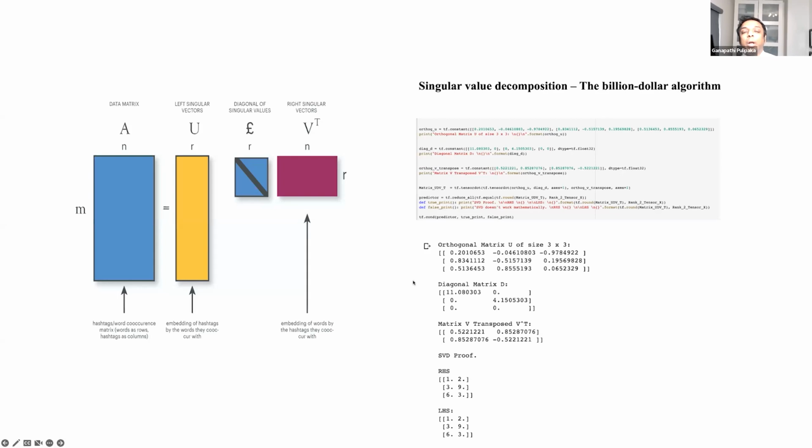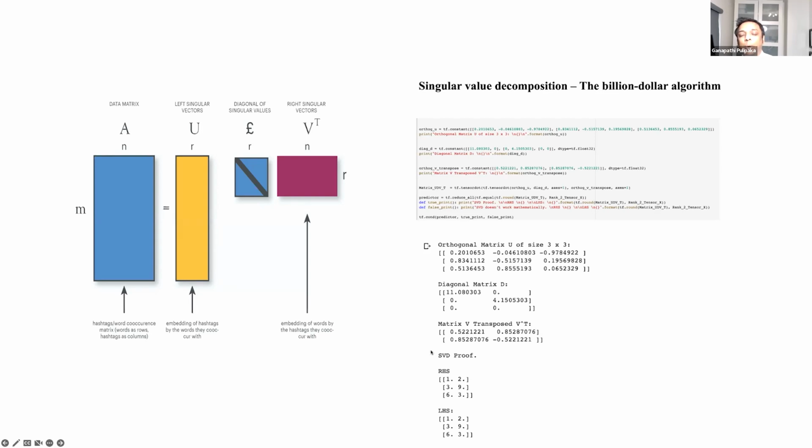So now we take the orthogonal U and pass the values that we obtained from the earlier computation, and we print the orthogonal matrix U, and that gives us the orthogonal matrix U. We take the diag as a TF constant and pass the earlier values that we computed, and that gives us the diagonal matrix D. And we compute the matrix V transposed as V transpose of T.